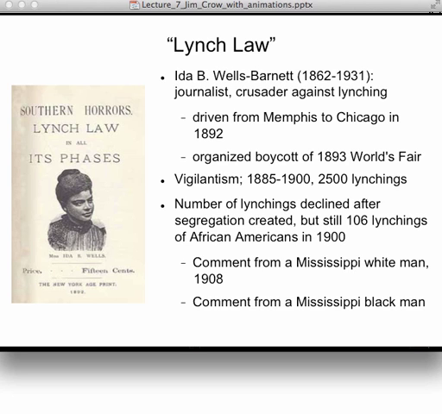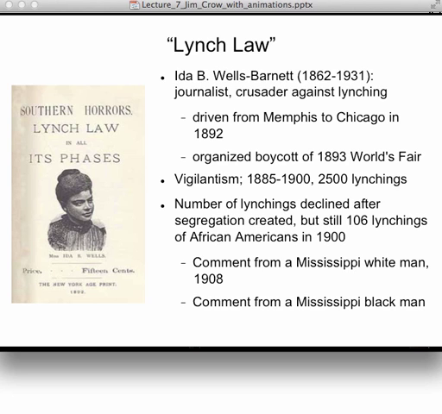And so there were many accusations of rape against black males in the South in the late 19th century, nearly all of them false. Ida B. Wells Barnett argued in her writings that, in fact, many relationships between black men and white women were consensual, that white women had not only consented to these relationships, but had, in many cases, sought them out and had initiated them.